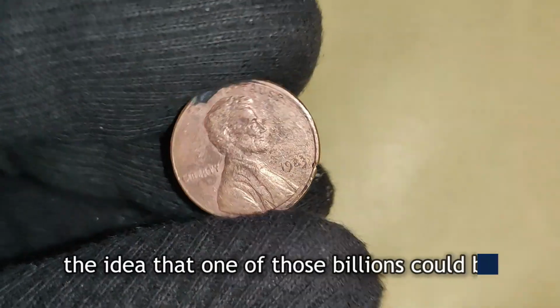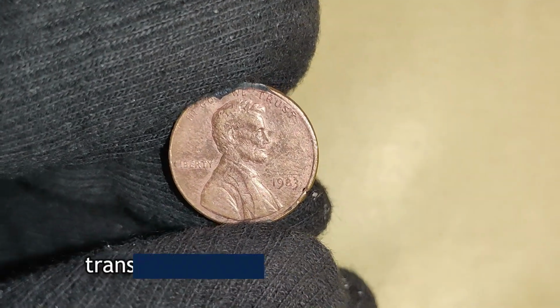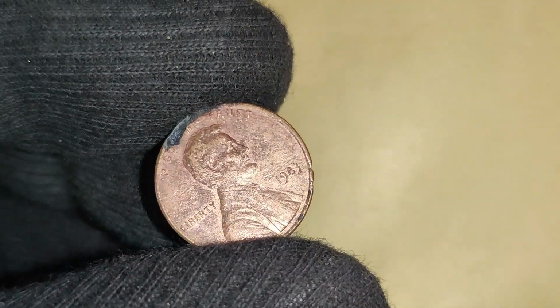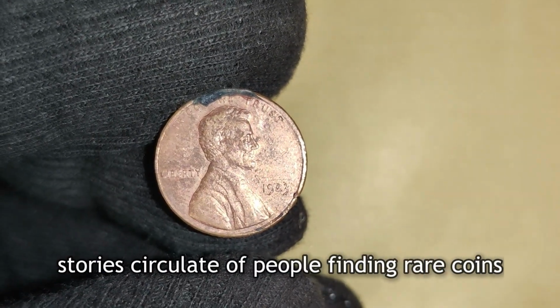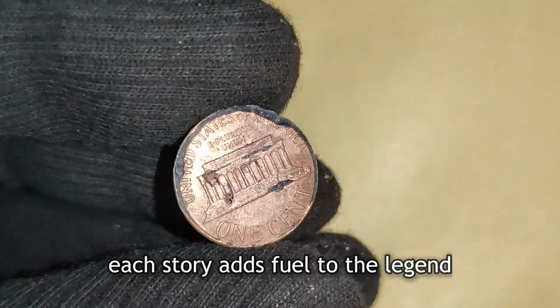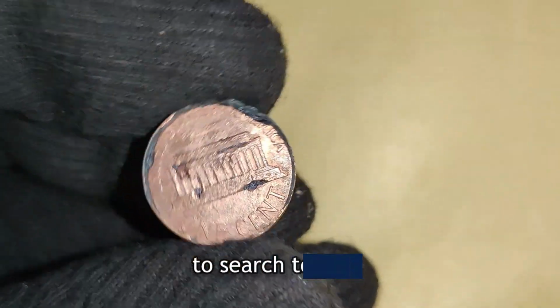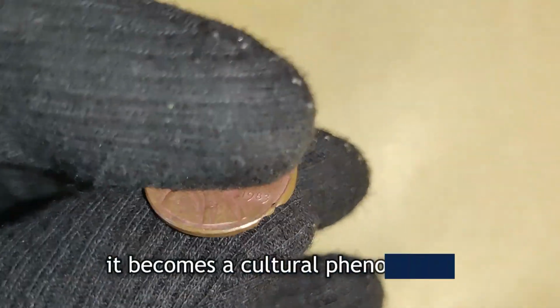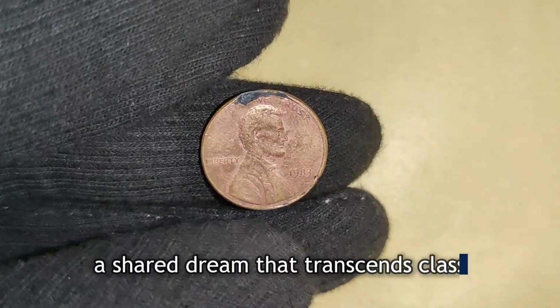The idea that one of those billions could be the ultimate rarity transforms the act of checking pennies into a kind of modern-day treasure hunt. Stories circulate of people finding rare coins in pocket change, at flea markets, in old jars inherited from relatives. Each story adds fuel to the legend, convincing more people to look, to search, to hope. The coin becomes more than just a collectible, it becomes a cultural phenomenon, a shared dream that transcends class, age,